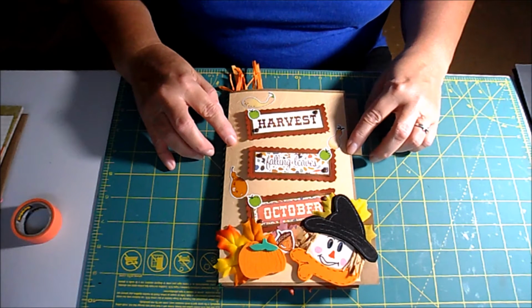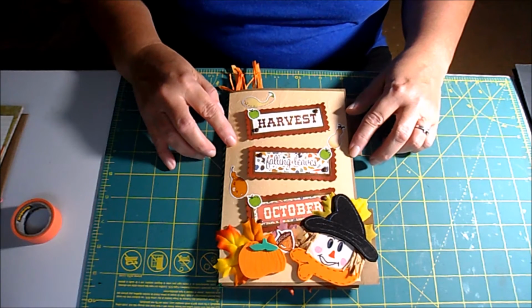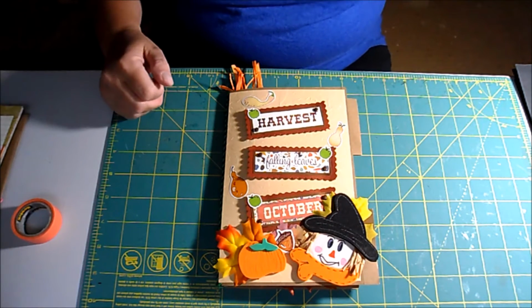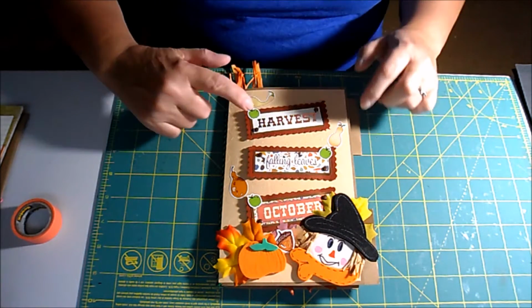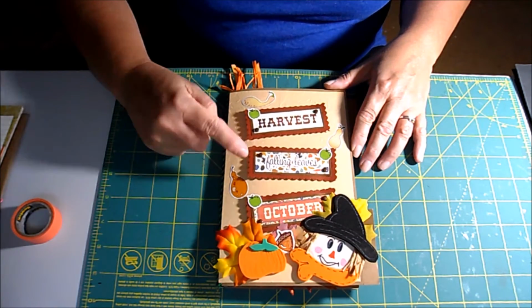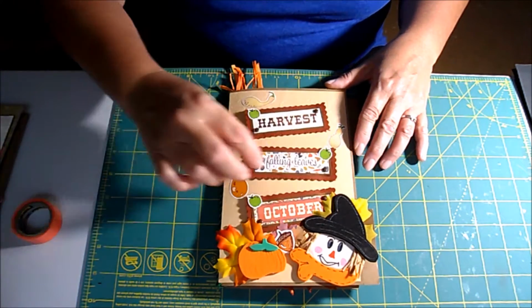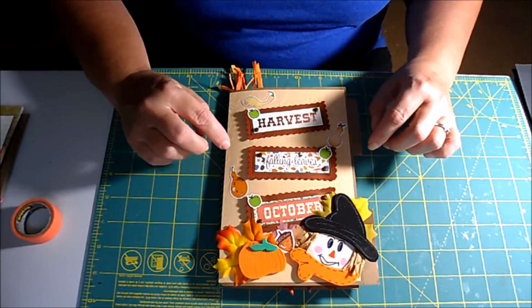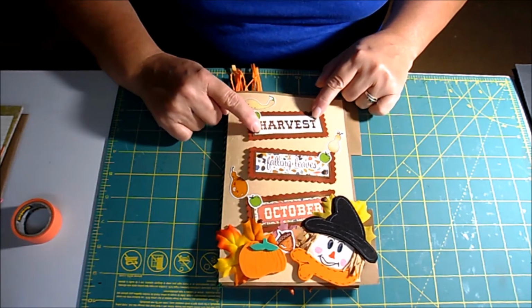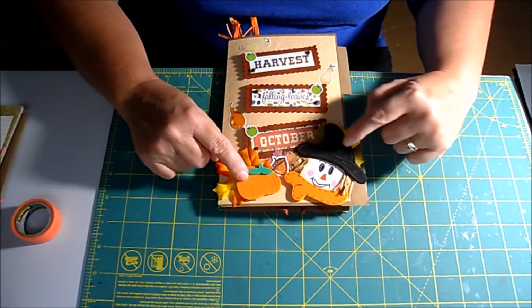This isn't the exact one that I swapped. I had made another one, but on the front cover here I have a couple little signs that I matted twice and got just a plain mat there, and then this decorative edge I did with scissors. I added some brads at the corners, and I have a couple of foam